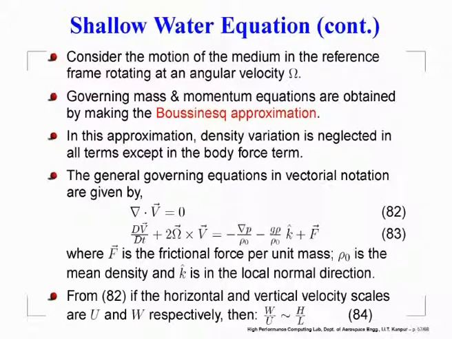And to make matters simple, because the temperature excursion that you see in the atmosphere, I mean the weather system, is rather not very extreme, not very large, and in such a case on a local time scale variation, the temperature differentials are small. So, we make what is called a Boussinesq approximation. So, Boussinesq approximation implies basically